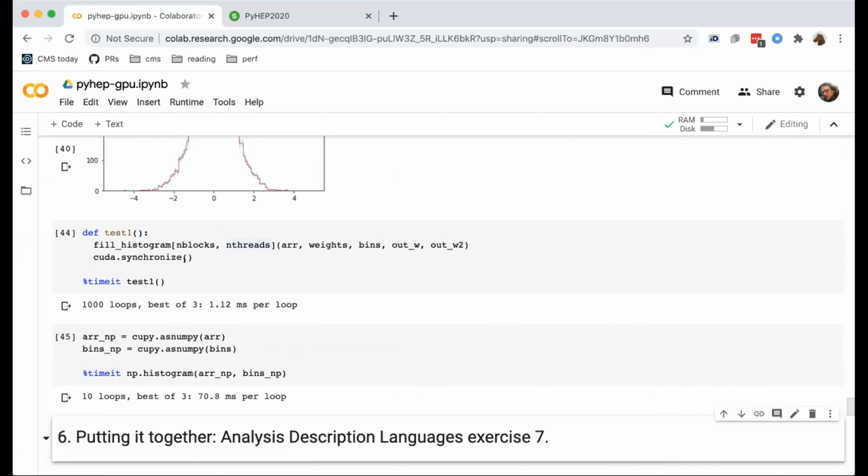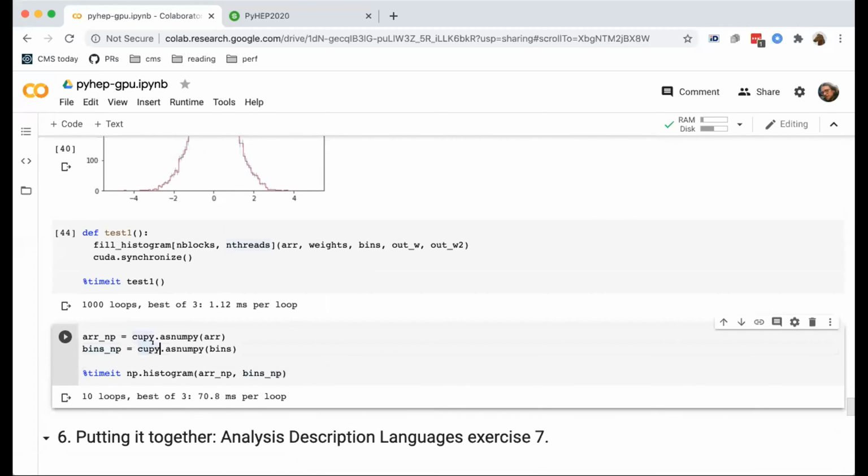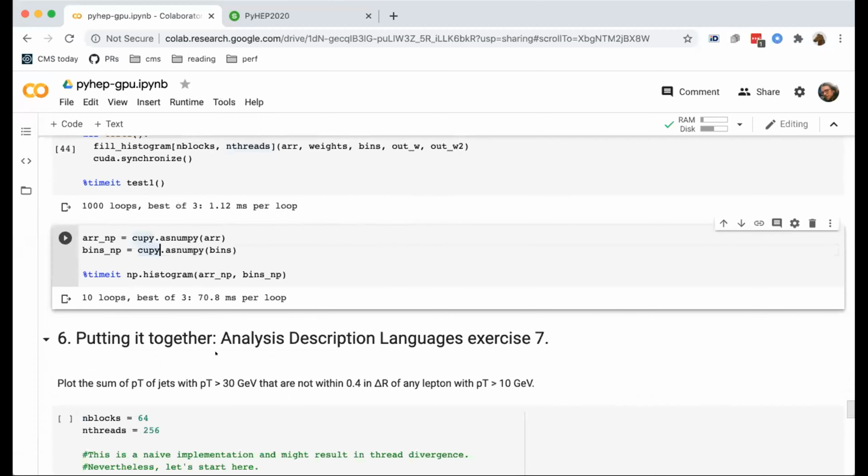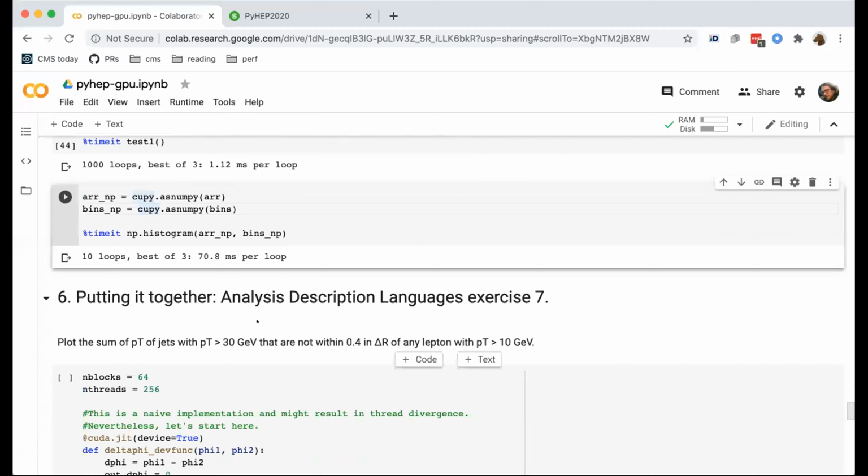So about 1 millisecond for the GPU and 70 milliseconds for the CPU. Okay, great. So now we are moving towards the end, sort of putting it all together for a more complicated